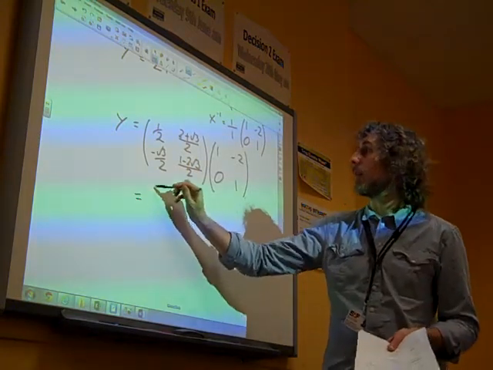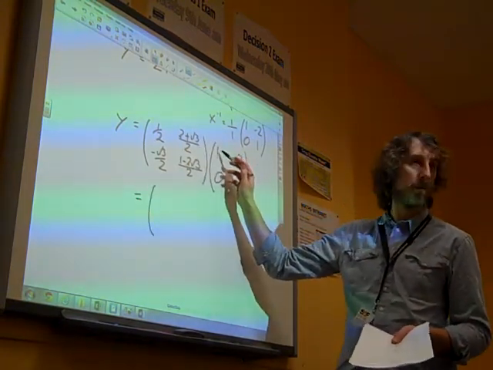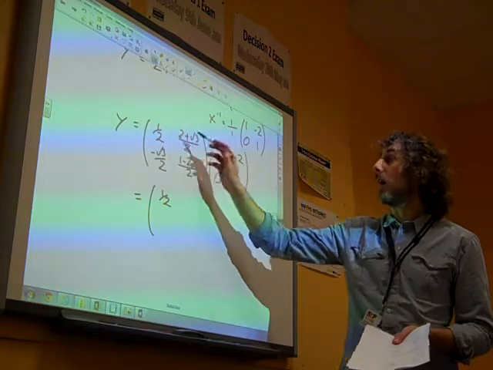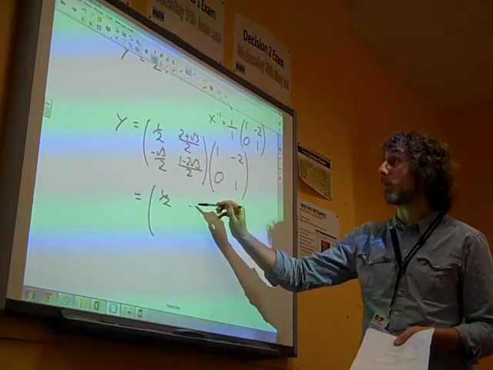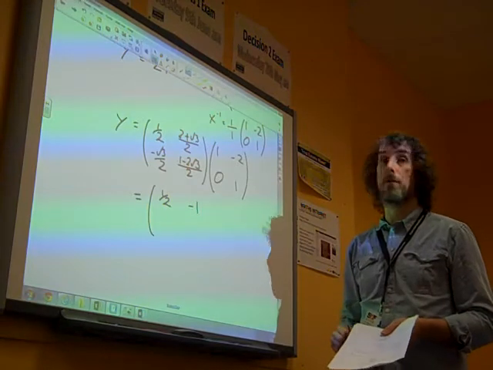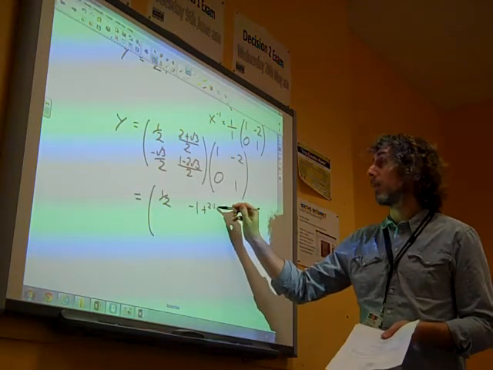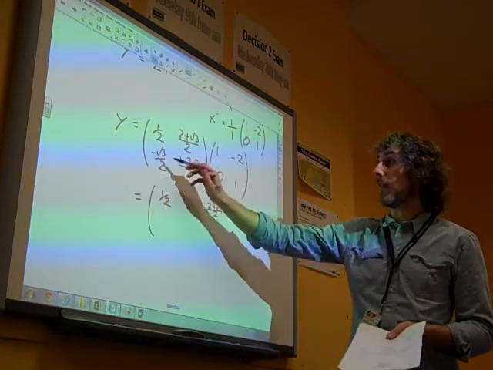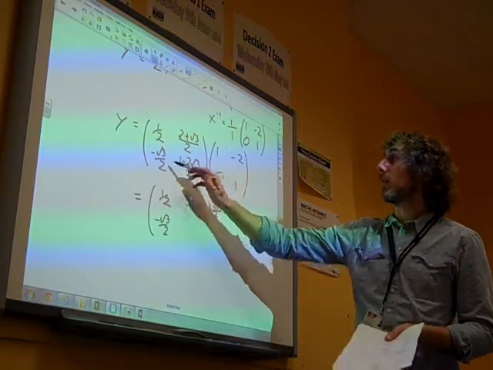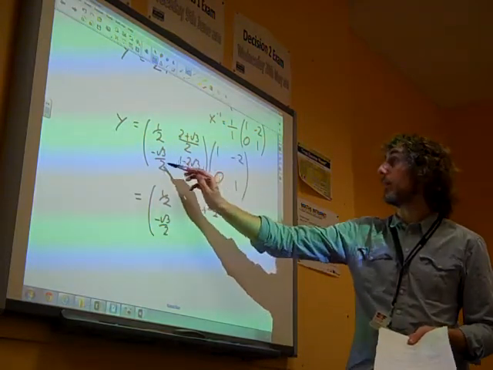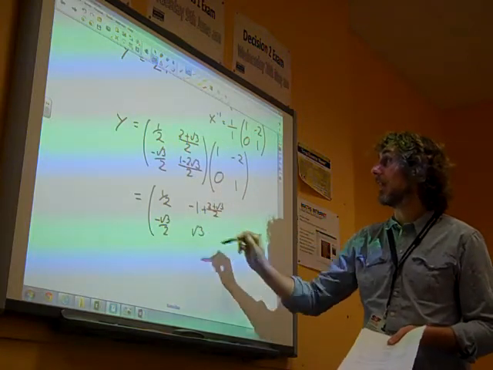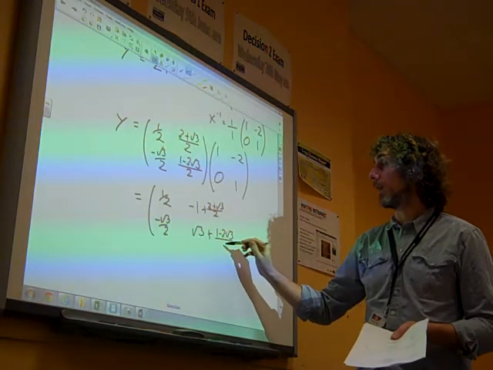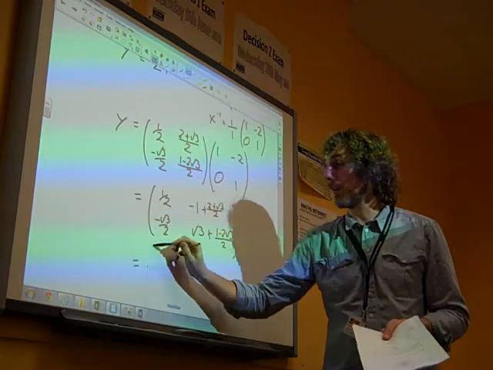If we carry that out, we get half times 1 plus that times 0. So that would be a half. We get half times minus 2, that's minus 1, plus 2 plus root 3 all over 2. Here we got minus that, minus root 3 over 2, plus that times 0, and finally we've got minus minus, so that's root 3 plus 1 minus 2 root 3 over 2, which still looks a bit of a mess,